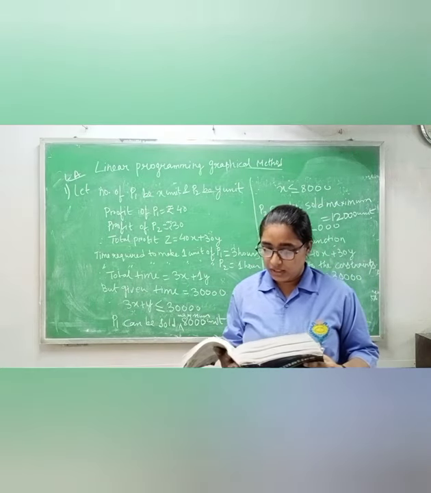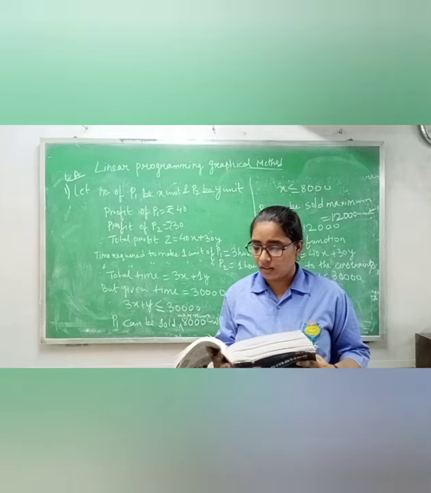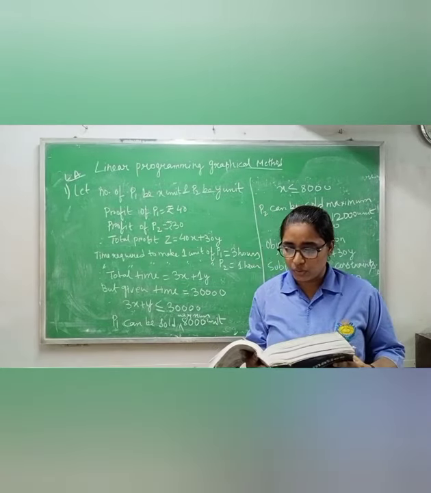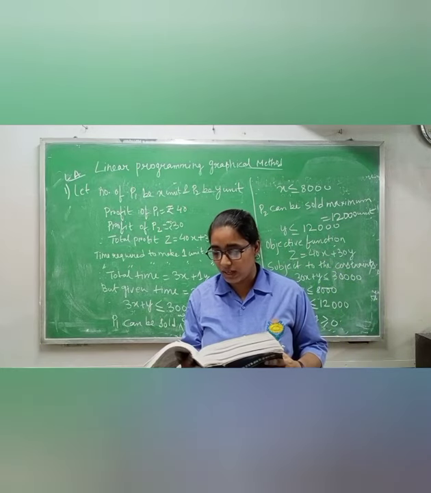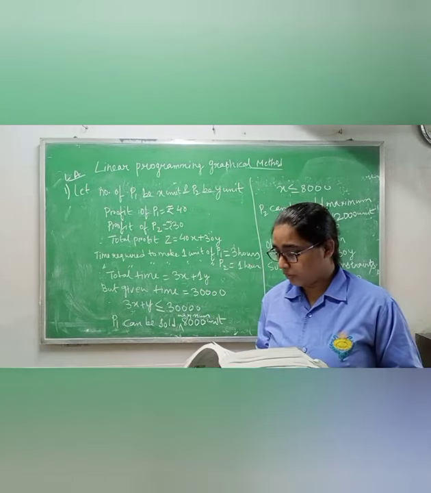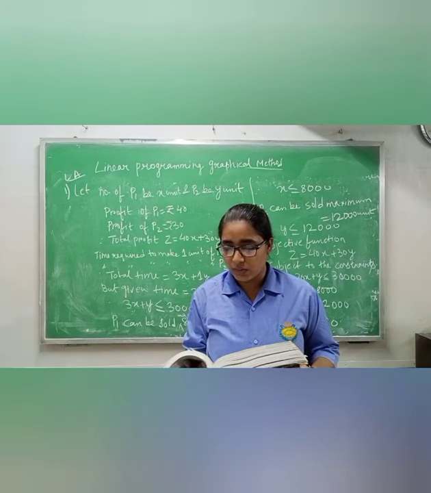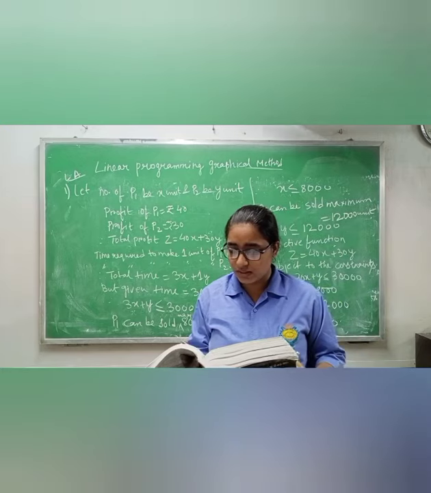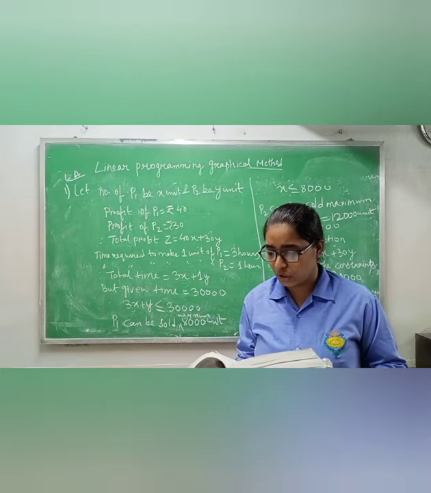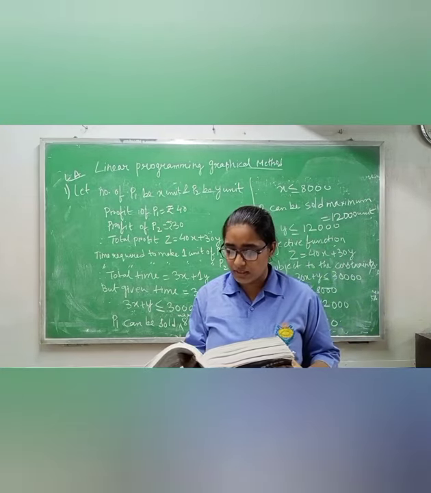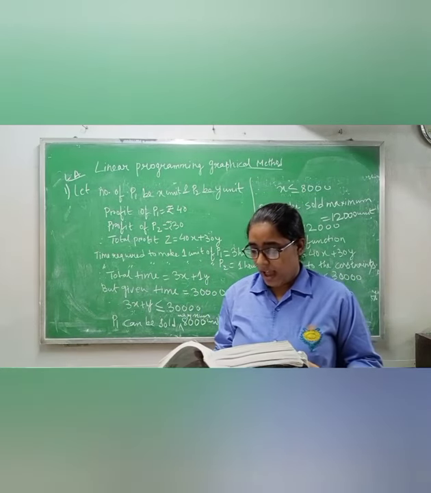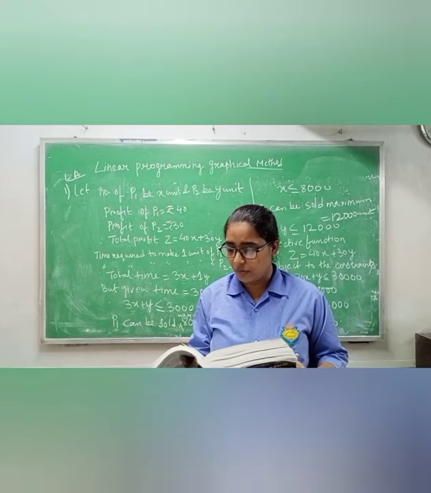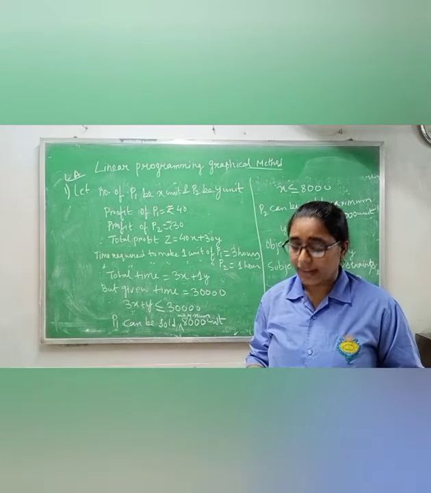30,000 man hours. It takes 3 hours to produce 1 unit of P1 and 1 hour to produce 1 unit of P2. The market has been surveyed and company officials feel that the maximum number of units of P1 that can be sold is 8,000 and the maximum number of P2 is 12,000 units. Formulate the above problem and solve it by graphical method.